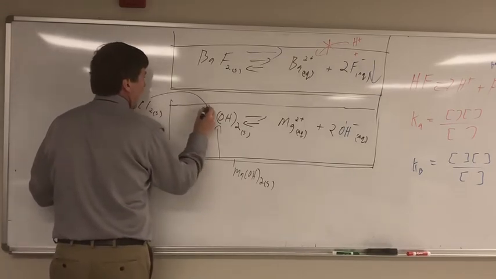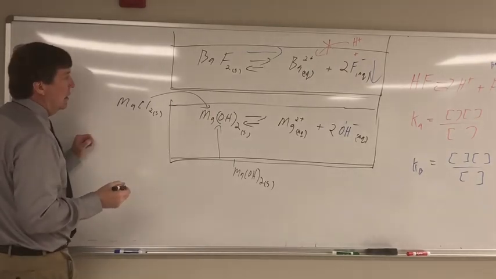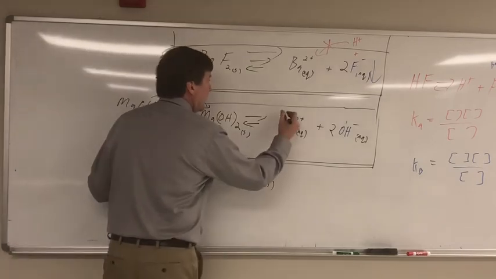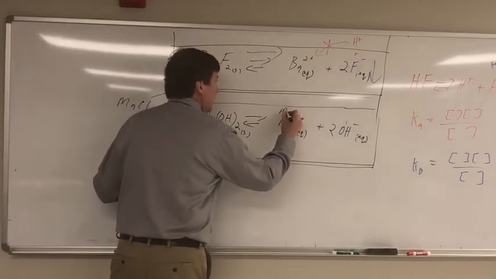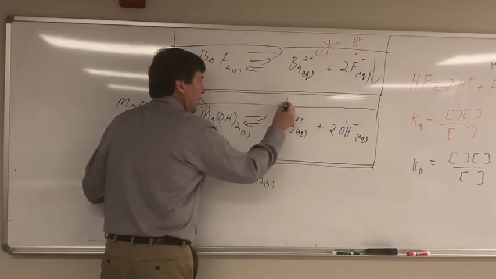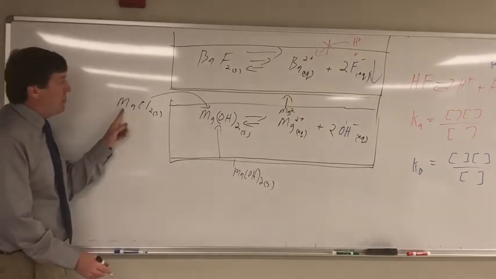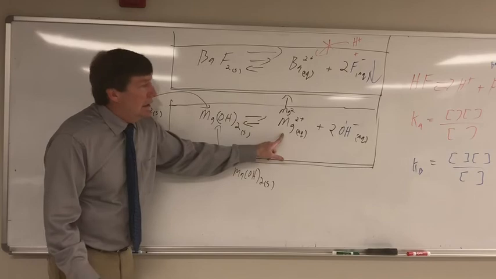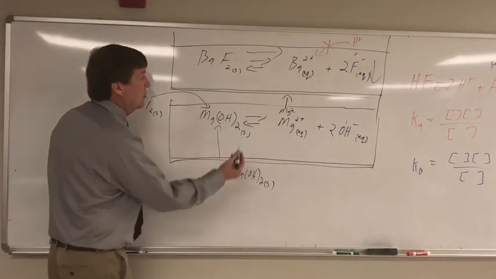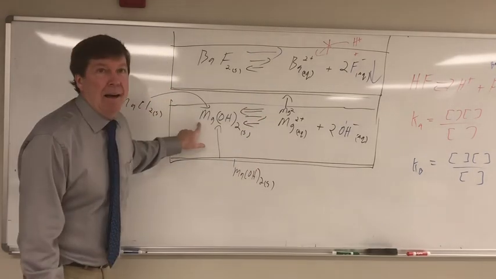We're going to add that into the container here. Notice it's going to ionize, and it's going to release magnesium double positive. So this is added, common ion. This is going to go up. Again, this magnesium ion is going to result in a decrease in solubility because we're going to shift in this direction, and we're going to have less